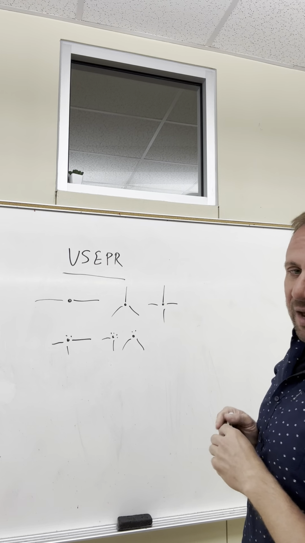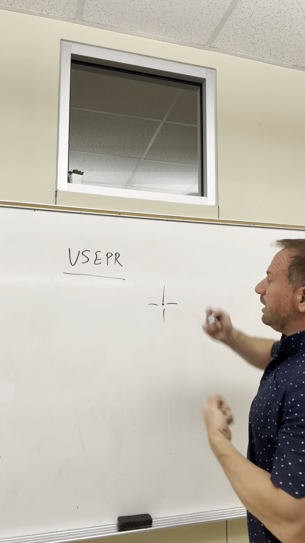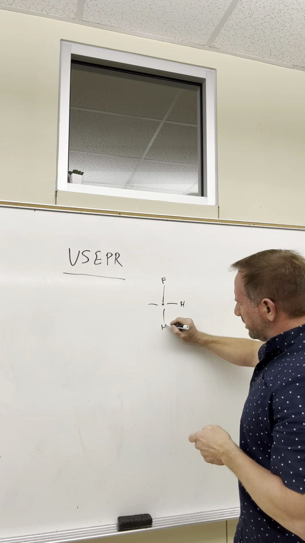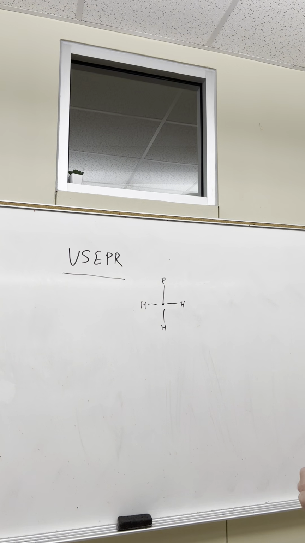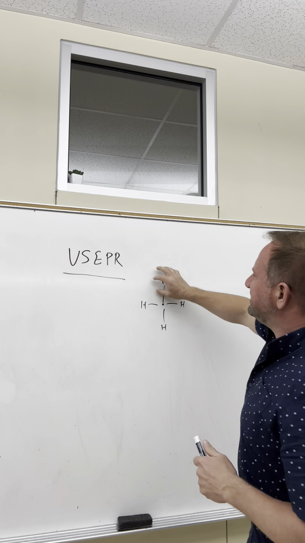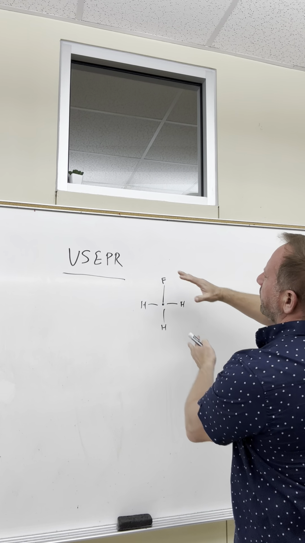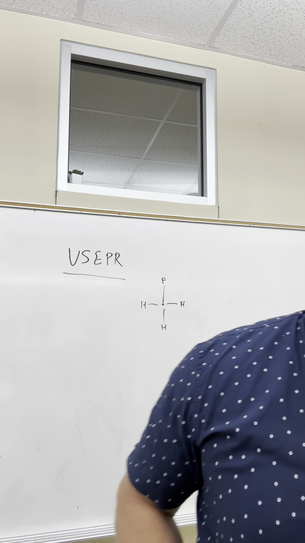Now, with that being said, if we go back to our tetrahedron here, and I have myself a fluorine here, and then a hydrogen, and a hydrogen, we could assume this guy might be polar because it has a difference on one end. And that means that the electrons will be shifted slightly. It won't be evenly shared. One of the ways we talked about it in class was,